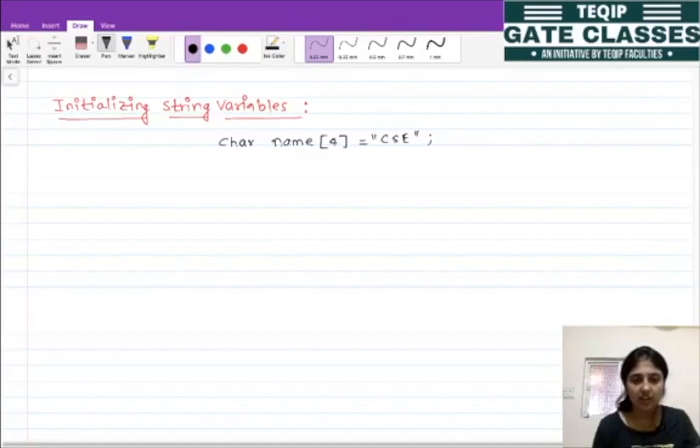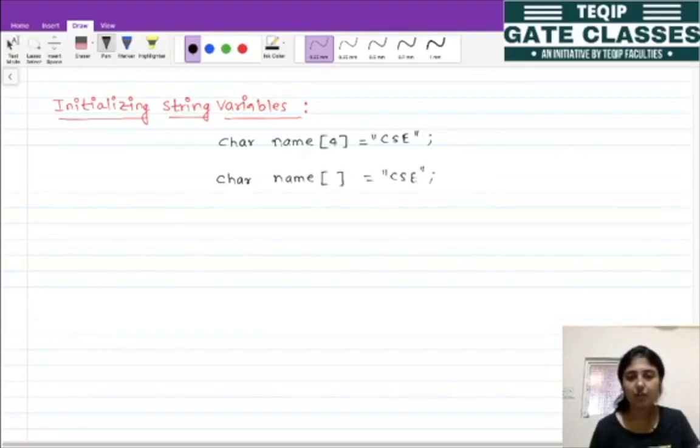The second way is, we can skip this size. So we can write the statement something like this, right. So in the first statement here I am passing the size for this particular character array name with a 4, but yes, we can skip that.